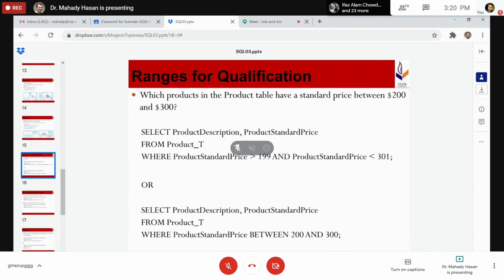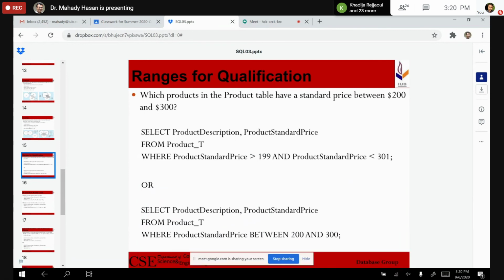The next thing is we can have range queries. Range queries can be written in two ways, using the AND clause or using the BETWEEN statement.